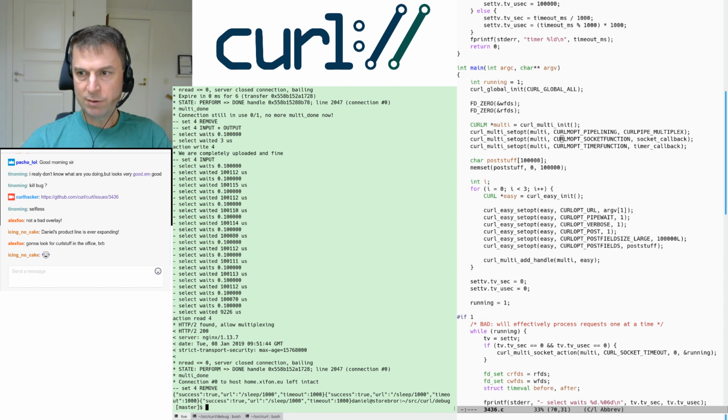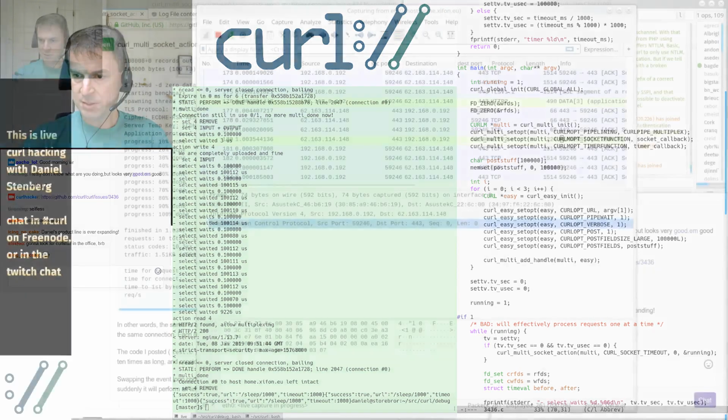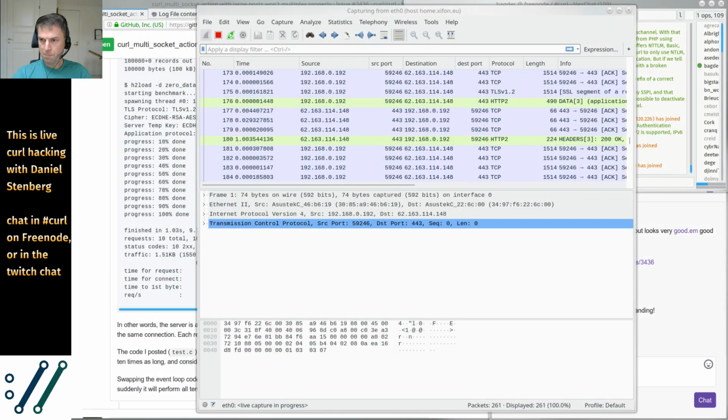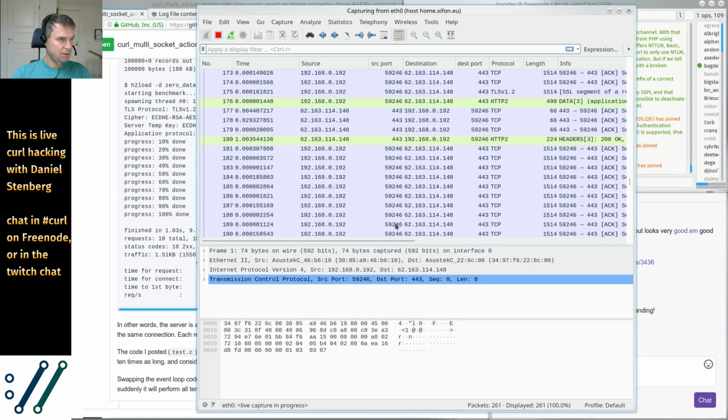And you know what? Okay, you're not seeing this, but I can do this. Boom. This is the Wireshark captured